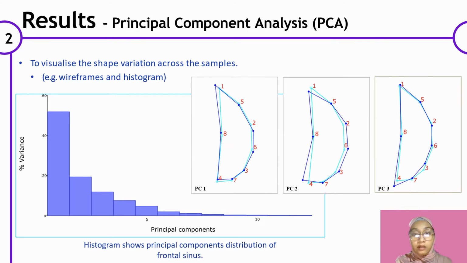The wireframe diagram on the right panels shows how the frontal sinus shape in each of PC1, PC2, and PC3 differs from the mean shape of the frontal sinus. The dark blue line represents the shape of each component, and the light blue line represents the mean shape